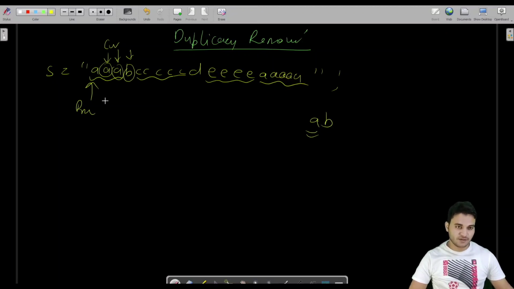Now previous is not pointing to a, previous is pointing to this b. Now we are here. Is c equal to b? No it is not, so we will pick one c here. Now previous is pointing to this c, and current is pointing to the next one. If this c is equal to the previous one, yes it is, then we will not take any further c's. This will not be chosen, this will not be chosen, this will not be chosen. Now our previous is pointing to this c.